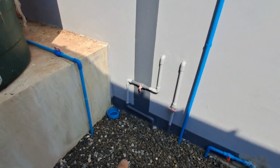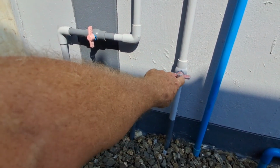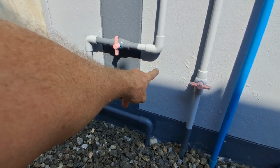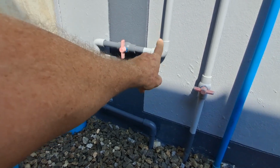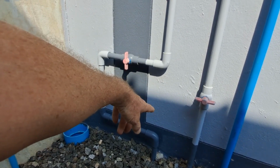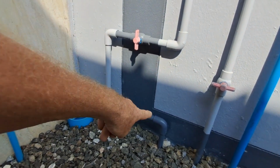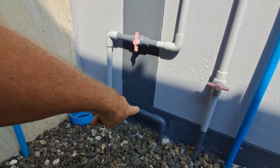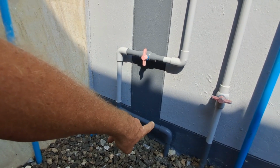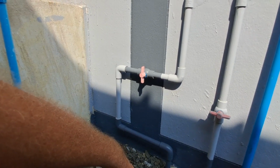I had another one of those valves here, you see. These are the ones which are all in one piece, and there was one of the valves here that had the cap that you can remove, and that leaked. I think I had to turn the valve off at some point, and it immediately started leaking. Because of the way the pipes were in, I had to make a little rectangle of pipes, and that gives me room to put spare valves in more easily if I get another problem. And that's the issue I'm going to have now, changing that stop valve,